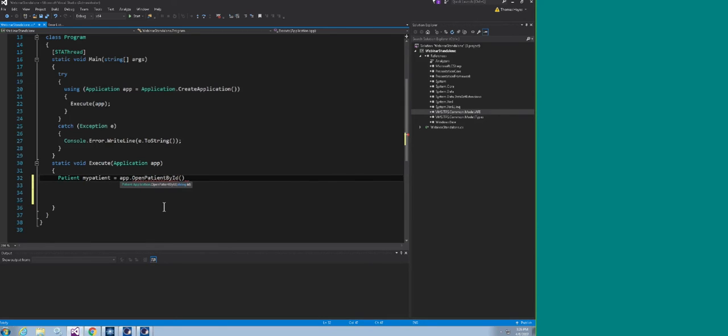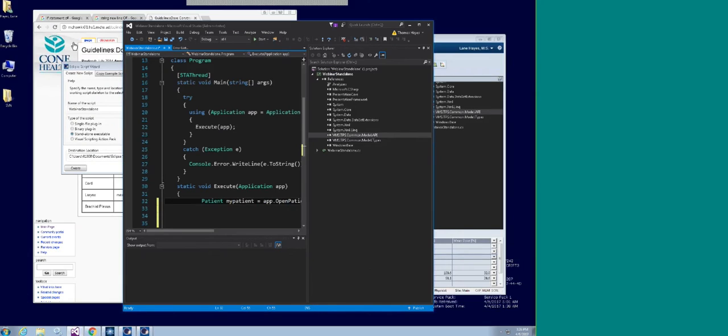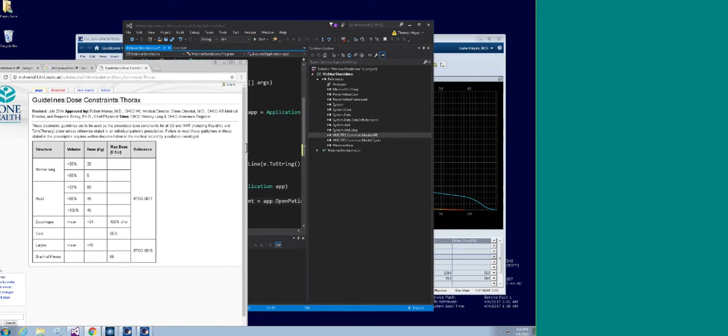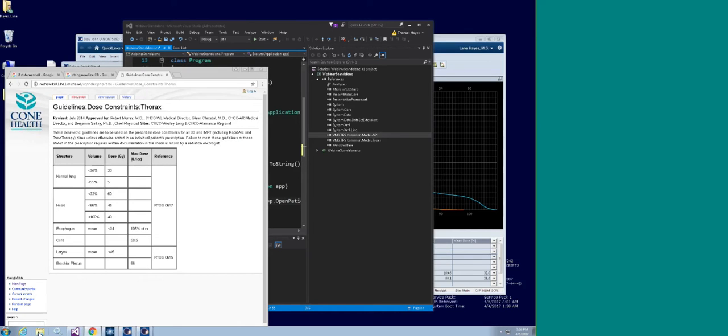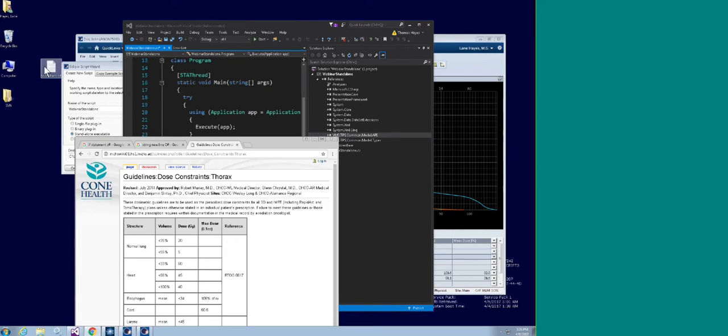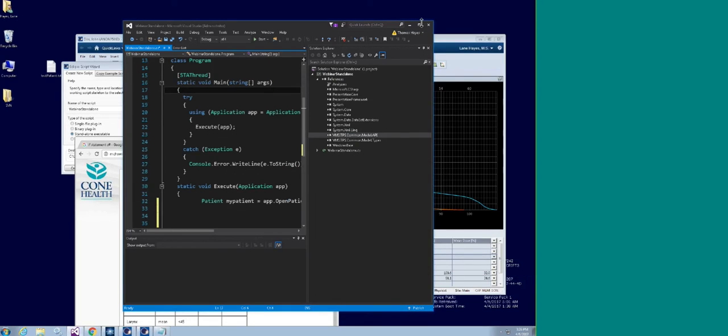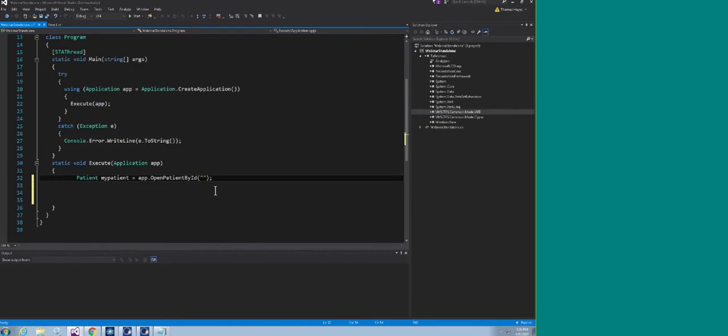So these things are really useful that it's showing me sort of what it wants so that I can actually do it correctly. All of this could really be done in a text editor, but these features make it really easy for beginners to get going with this code. So I have a test patient here that I'm going to add its username. And just like that, we have executable code that can open up a patient